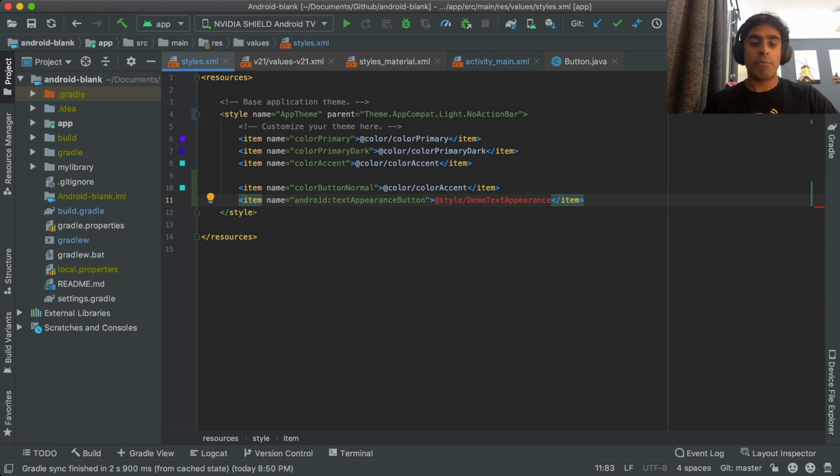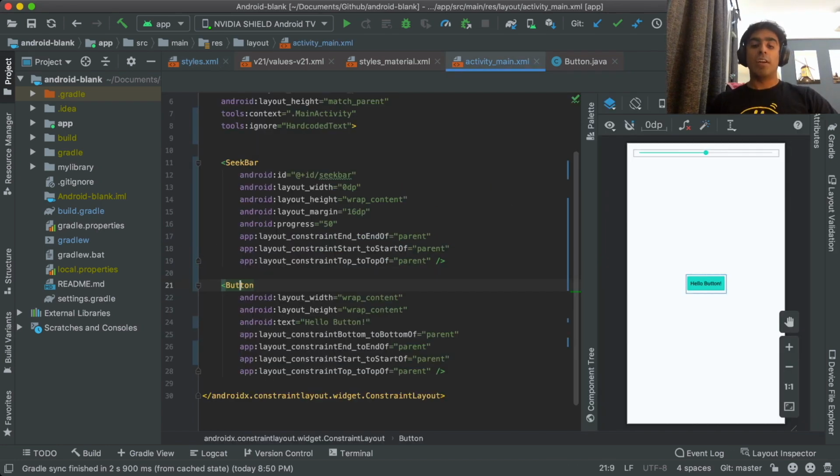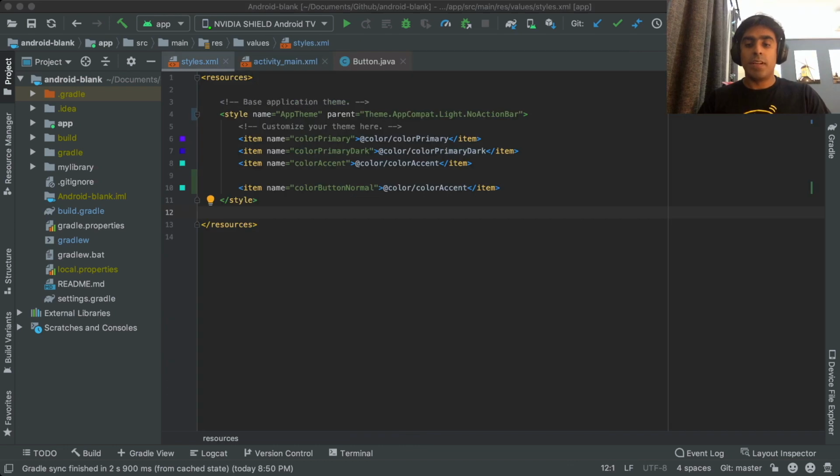And for this demo text appearance, let's say we are saying that all text all caps is actually false. And now your button is actually in lowercase. Another way that you can change, let's say, the color of your button would actually be by using default